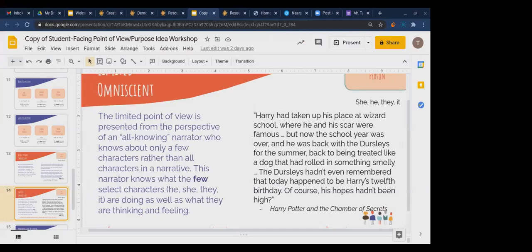Yeah, exactly right, Harry. So we know Harry's thoughts and feelings. Whose feelings do we not know then? Obviously it's process of elimination because there's only one other set of characters mentioned, but if we know Harry's thoughts and feelings, whose thoughts and feelings do we not know then in that example? The Dursleys is exactly right.